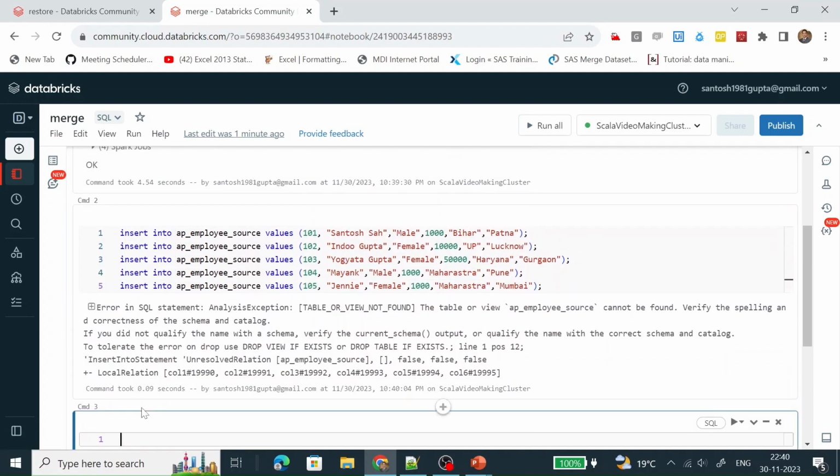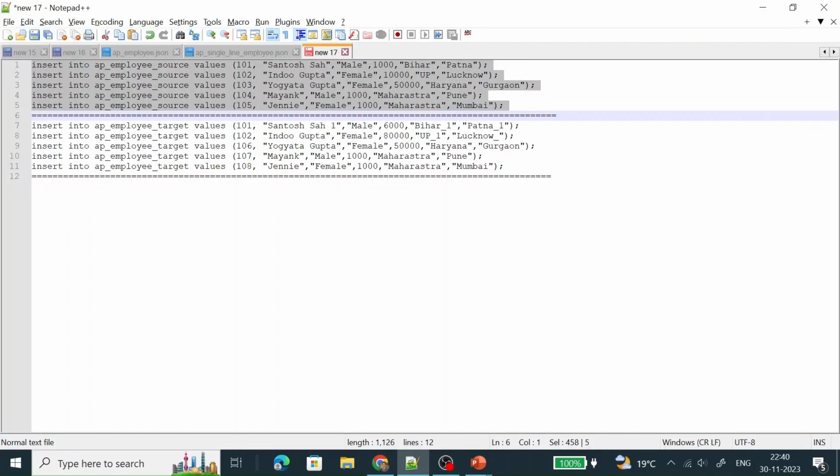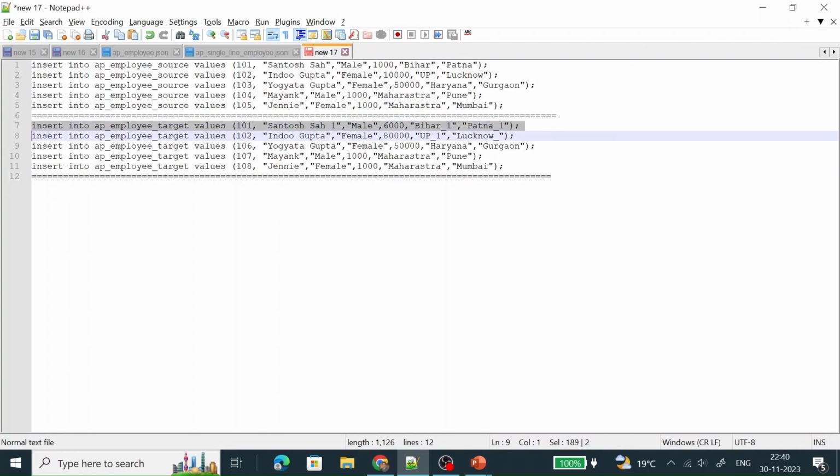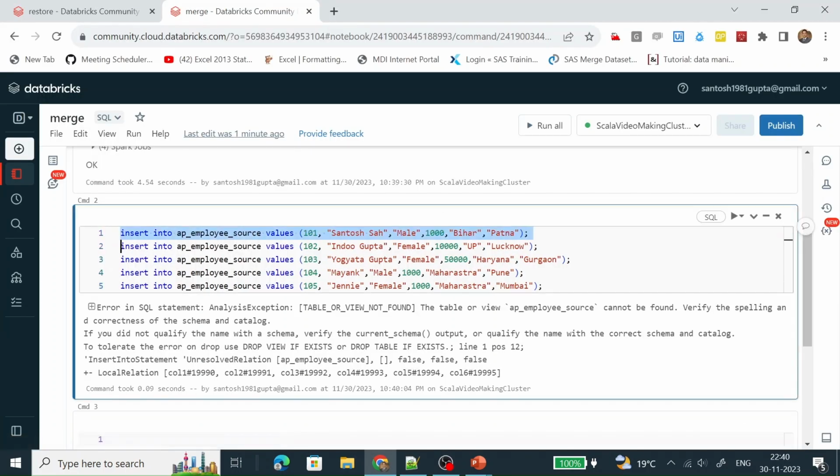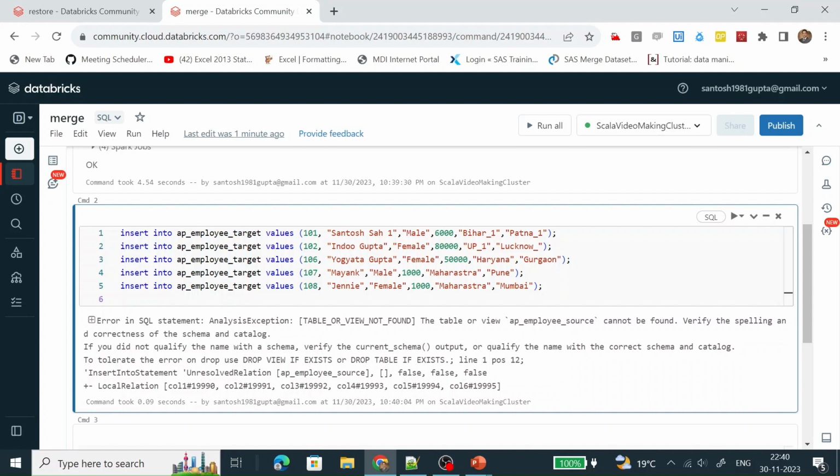Okay, this is a source. Sorry, this is the target. We have created the target table now. So let me first run it.